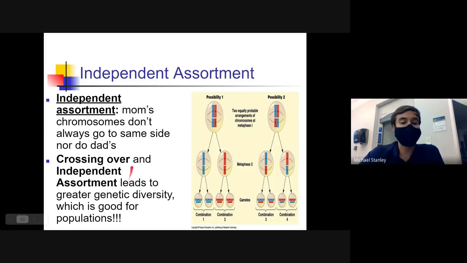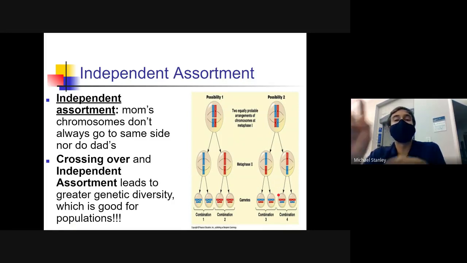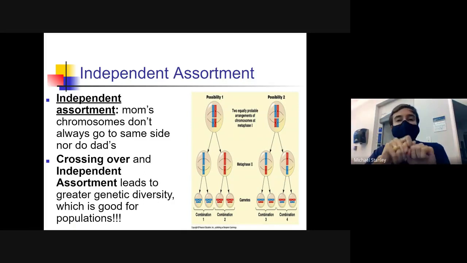And that's all because of this crossing over and independent assortment. We can create a huge amount of different gene combinations in our gametes, so that when that sperm and that egg come together to start making the zygote, making the embryo, and eventually the baby,